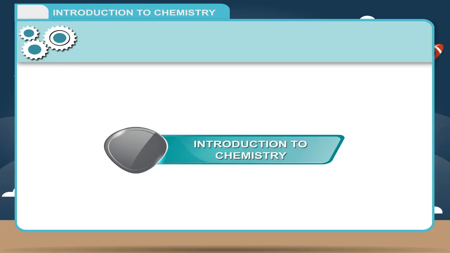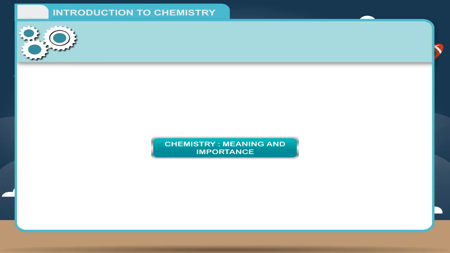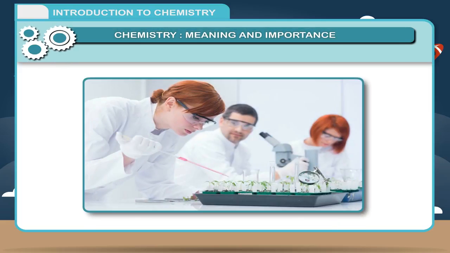Introduction to Chemistry. Chemistry, meaning and importance. Science is based on facts which have been collected by careful observations and then their verification